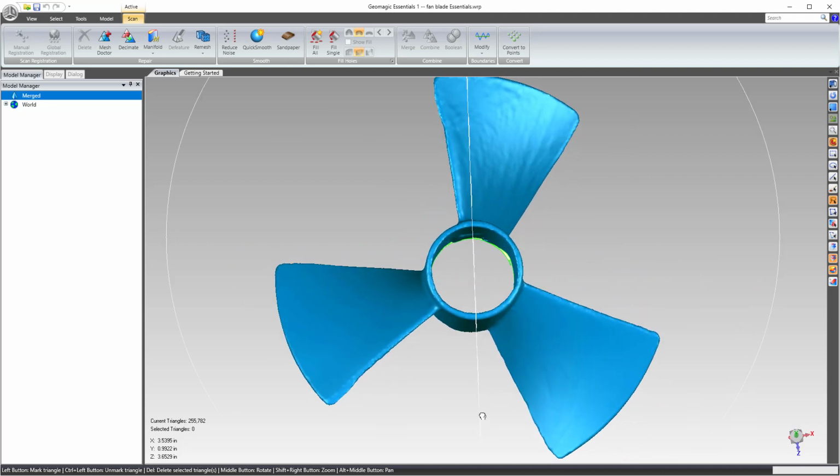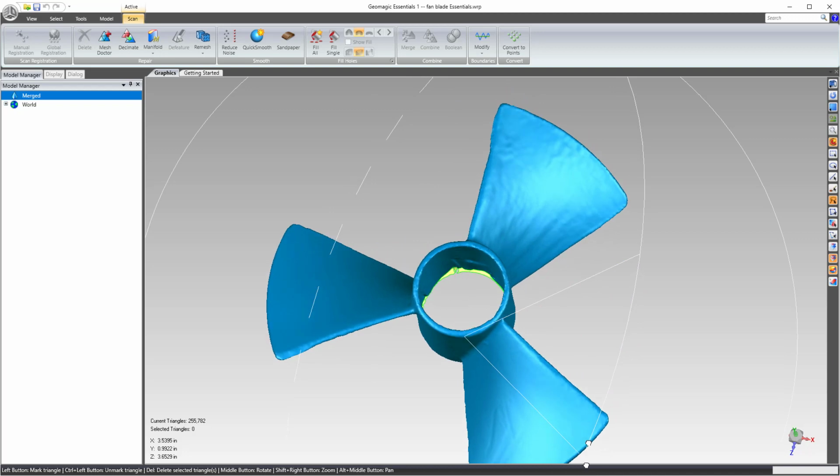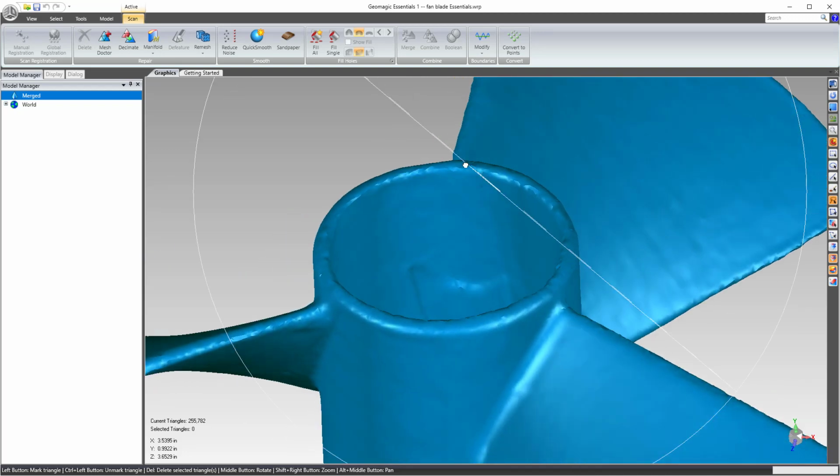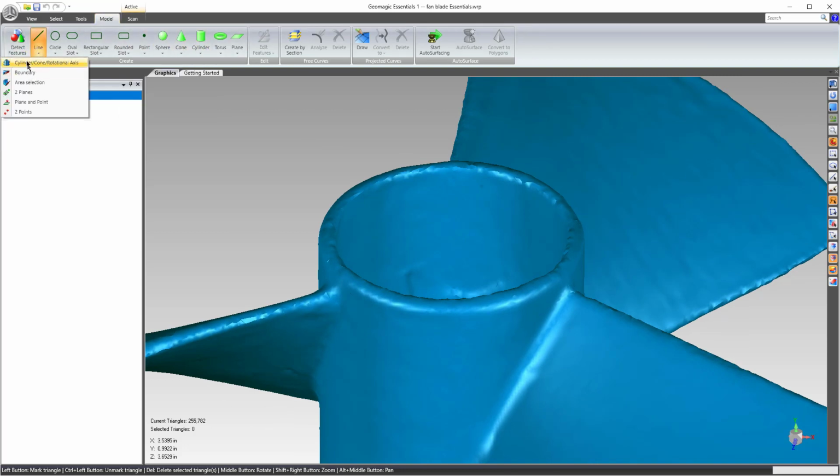And with a fan blade, what I typically use is the central axis, and maybe the top plane. And then a lot of times I will grab one of the impeller blades and fit a point there to index it. So I'm going to go ahead and create that geometry, and I'll show you how that works. If I come over to model, what I'll do is create a line based off this first option,